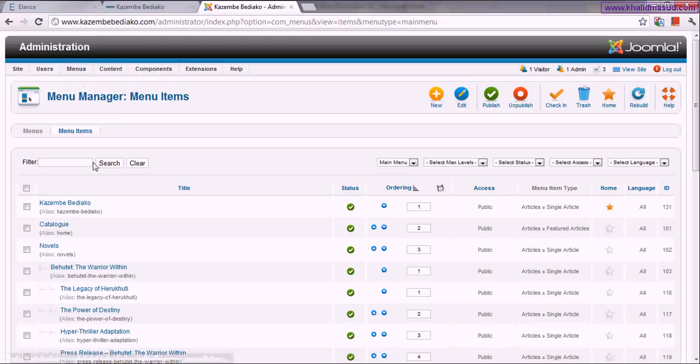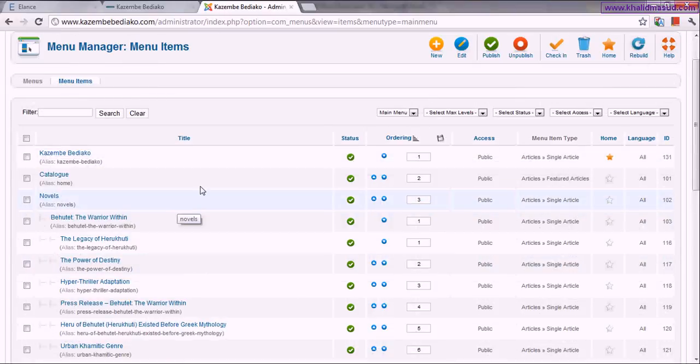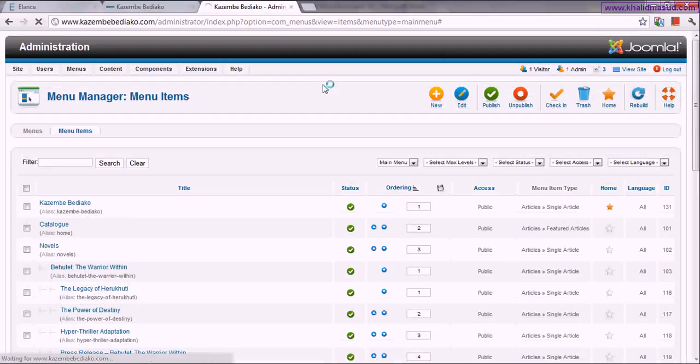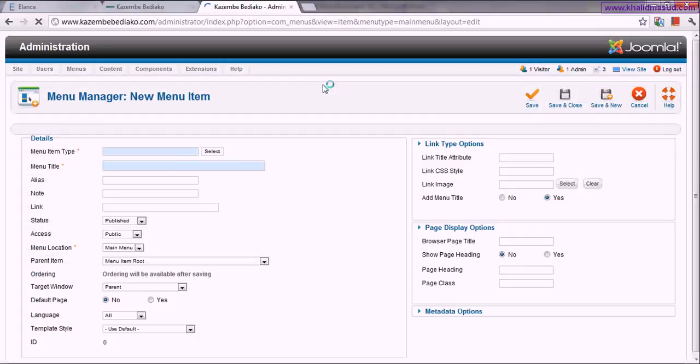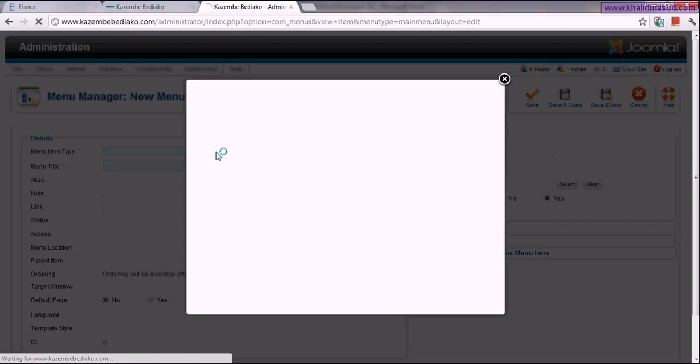Just to show you how it can be done, say you want a new menu. First of all, you select what kind of menu you want from here.